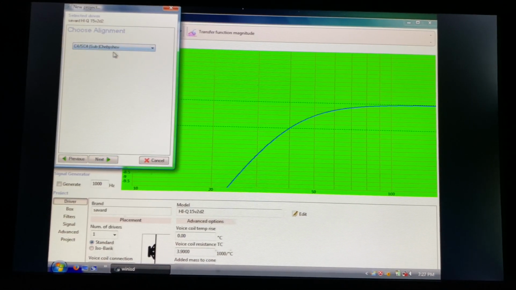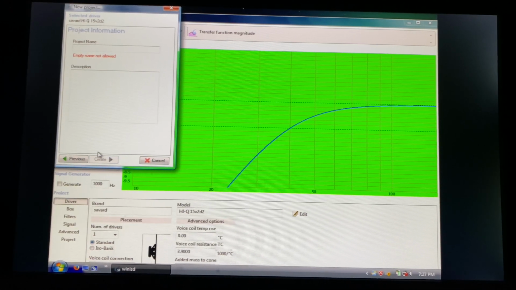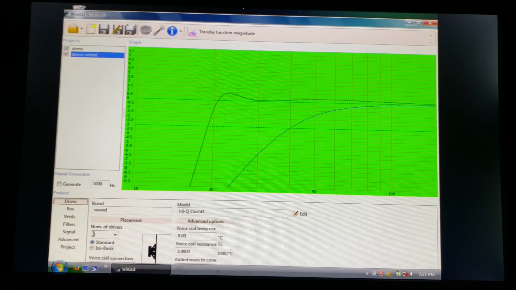Chevy Cheb. That's a recommendation of what the program thinks the woofer would do the best in. Sometimes it might be on Super Boombox. These are other alignments that you could use, but for this we'll just go with what they said on there. Demo, just put V so I know it's the vented one,